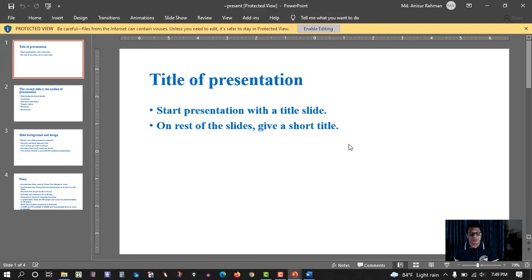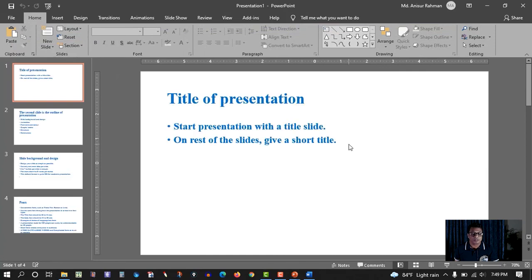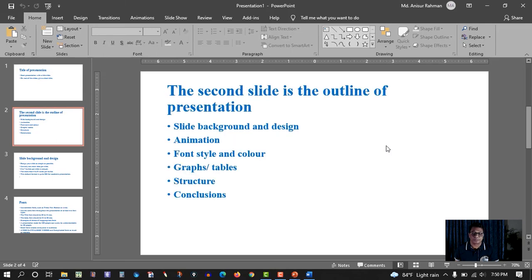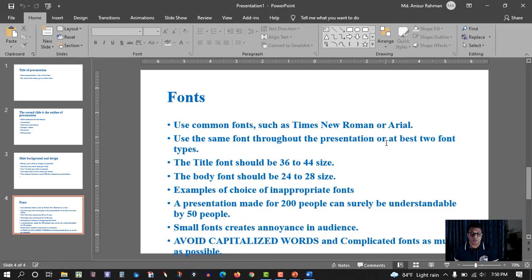So here is our PowerPoint file. As you can see, all the text has been converted into PowerPoint format. So this is how you can convert a MS Word file into a PowerPoint file.